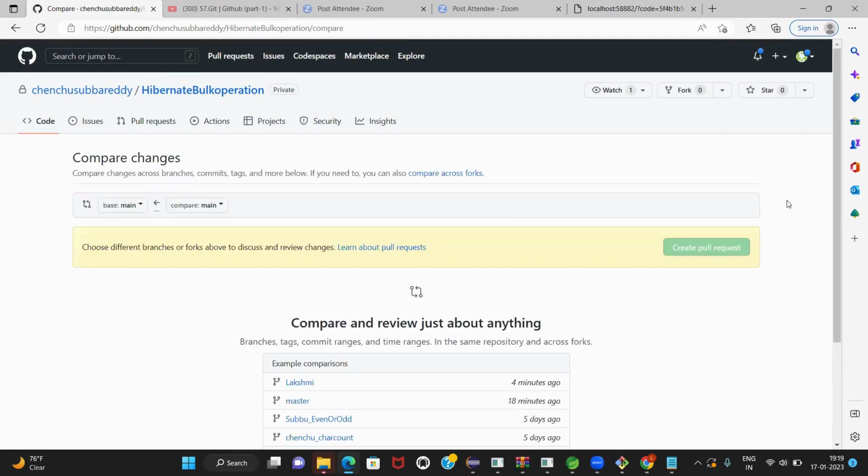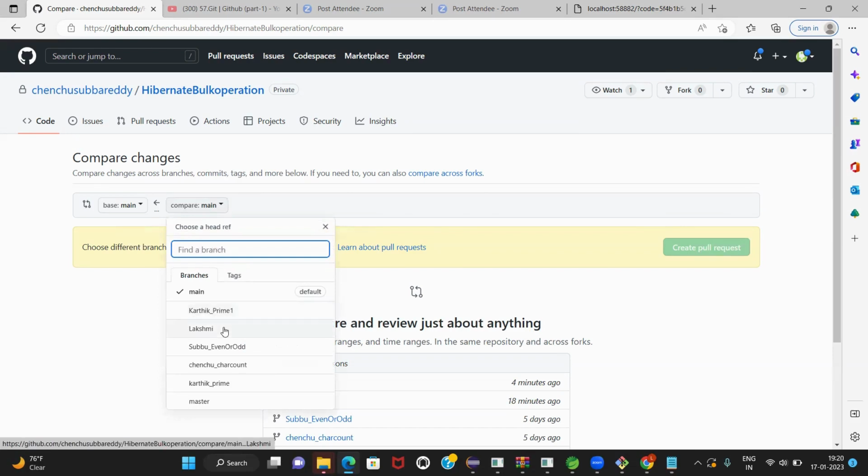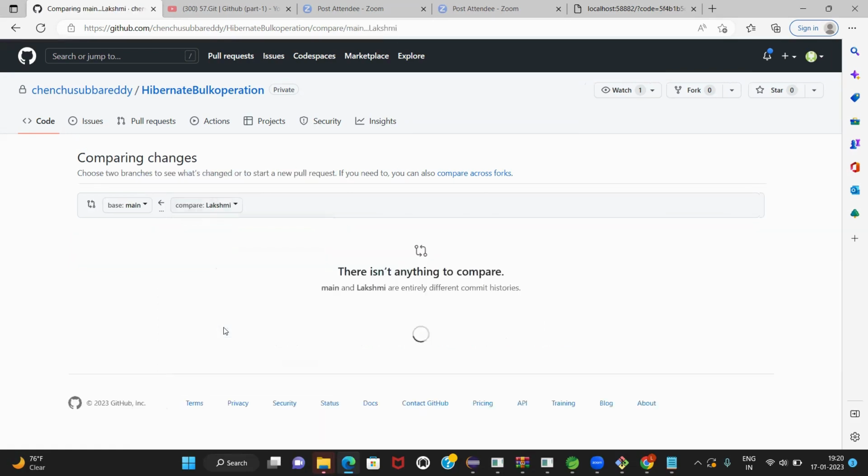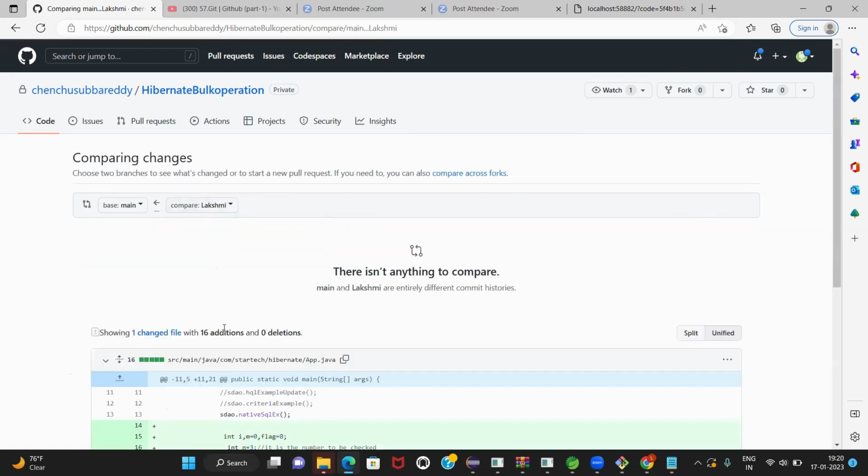See here, main. Below the compare changes, main, you can see the arrow mark. Observe from where to where. From which branch? Your branch. Select your branch. Lakshmi is in which branch? Chanchu Subbareddy. It is your